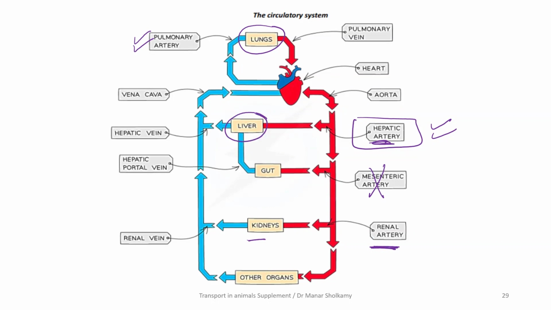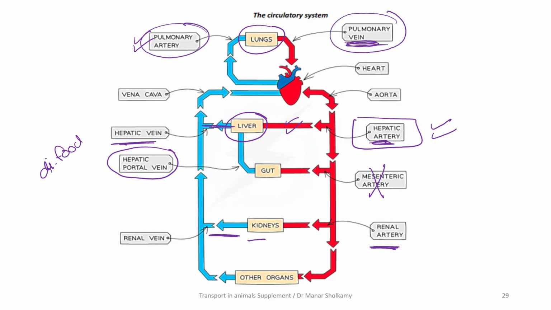The one coming from the heart is the hepatic artery. The one coming from the small intestine is the hepatic portal vein that carries all the digested food. And the blood vessel coming out of the liver is the hepatic vein. Coming out of the kidneys, renal vein. Coming out of the lungs, pulmonary vein. Pulmonary artery and the pulmonary vein are the only two exceptions in the body. Pulmonary artery is the only artery carrying deoxygenated blood. Pulmonary vein is the only vein carrying oxygenated blood. I'm repeating things, by the way. We took all that. If anyone has any questions, stop me.